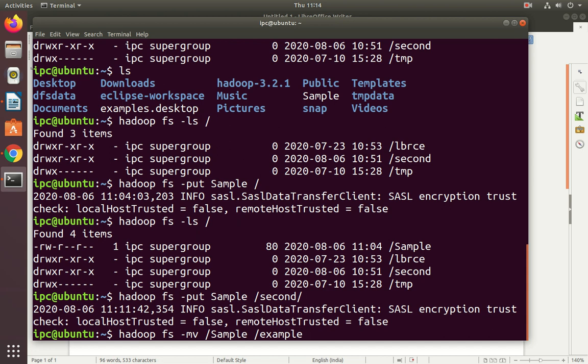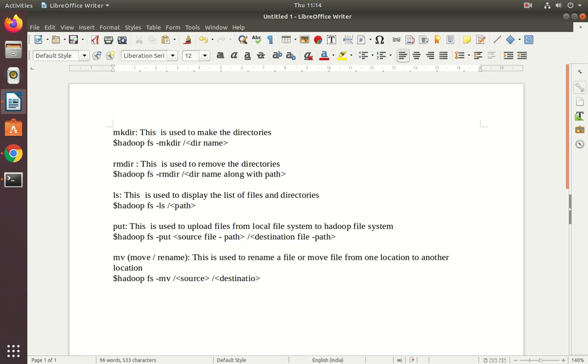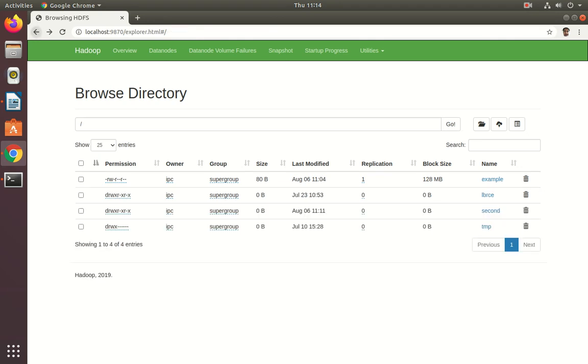Here I have a sample in my Hadoop file system. That sample file is going to be renamed as example. Now execute this one and go and verify here. See, example. The sample is renamed to example.